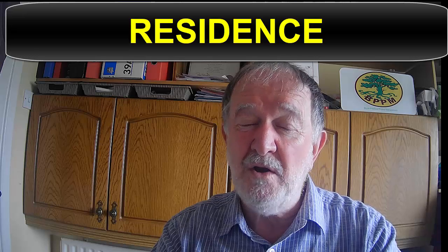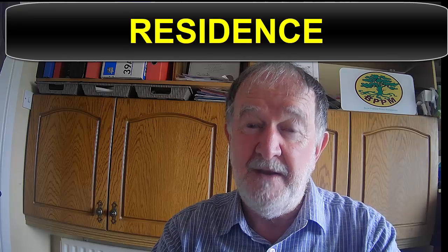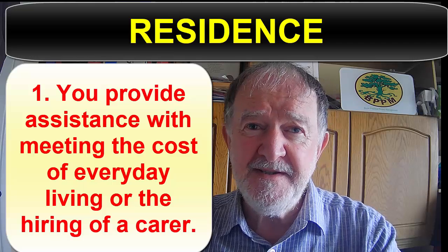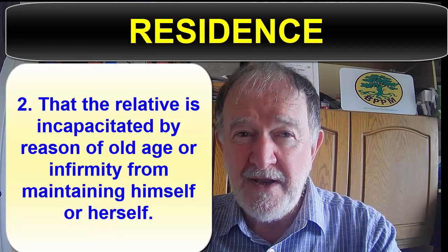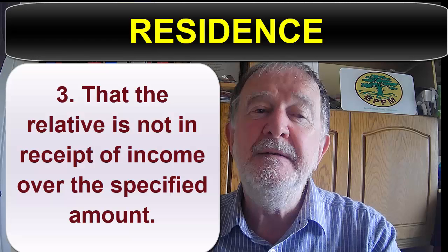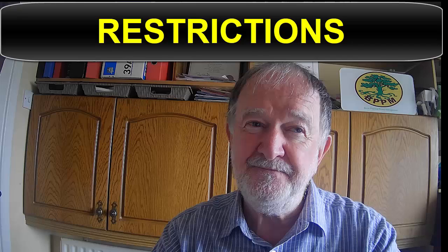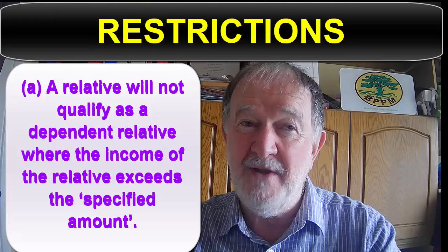meet all conditions of Section 466 of the Tax Consolidation Act 1997, including that: 1. You provide assistance with meeting the cost of everyday living or the hiring of a carer. 2. That the relative is incapacitated by reason of old age or infirmity from maintaining himself or herself. And 3. That the relative is not in receipt of income over the specified amount. Restrictions. A. A relative will not qualify as a dependent relative where the income of the relative exceeds the specified